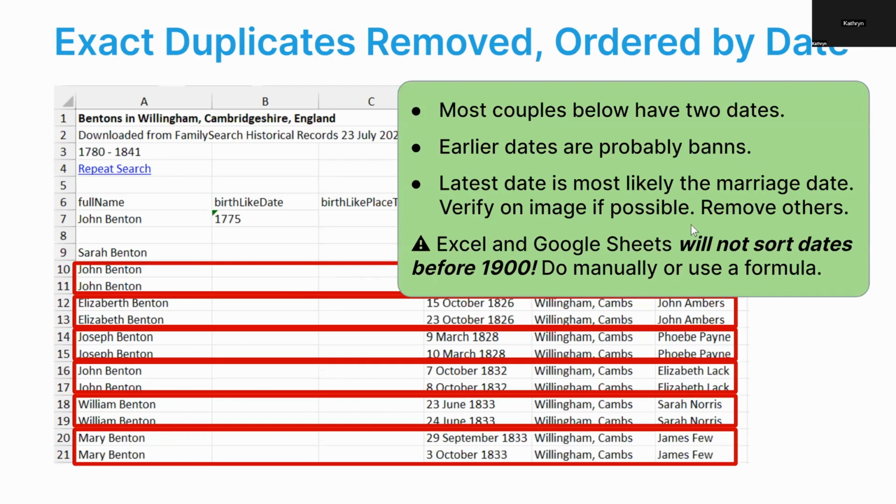When I removed the exact duplicates, I ended up with a bunch of duplicates that looked like they were the same person, but they didn't have the same date. So notice down here, most of these couples have 2 dates for their marriage, but it is extremely unlikely, for example, that there were 2 Elizabeth Bentons who both married a guy named John Ambers, one on the 15th of October and the other on the 23rd. That's almost astronomically impossible. Well, if you know anything about English marriage customs at the time, you had 2 options